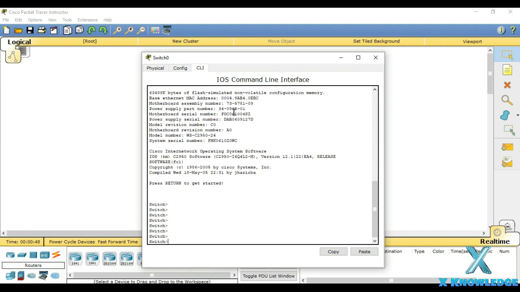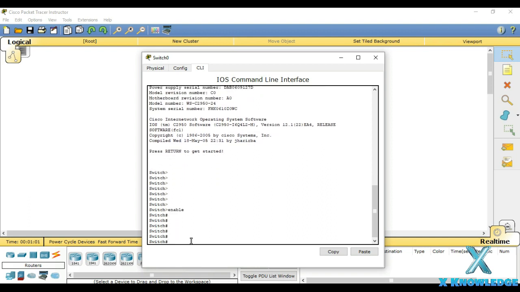Alright, so in order to do the configuration of this switch, we will have to go to privilege exec mode. In order to go to privilege exec mode, just click enable. We will be doing all the steps in global configuration mode, because we want the host name to be reflected at global level, because everyone has to see this, and hence the host name and banner should be configured at global level.